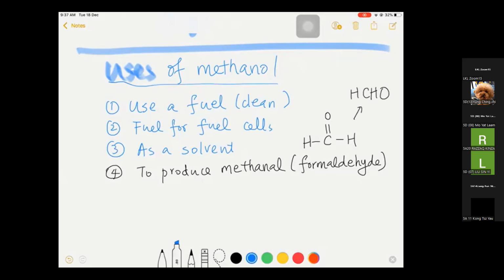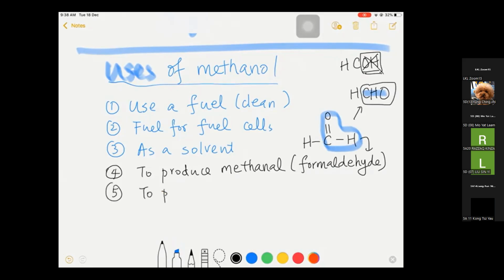HCHO。留意啦，點樣 condense 佢？唔好亂嚟啊，一定要係 CHO for aldehyde。condense 嘅方法一定要寫咗 C，然後寫 H，最後寫 O。千祈唔好咁樣 condense，HCOH 就錯嘅，因為 OH 代表 hydroxyl group。But now it is not a hydroxyl group, it is an aldehyde group。個 aldehyde condense 嘅方法係有特定嘅，係 CHO，知道未？第五個用途啦，it can be used to produce vinegar, sorry 唔係 vinegar, to produce ethanoic acid. Ethanoic acid 嘅 common name 叫做 acetic acid,